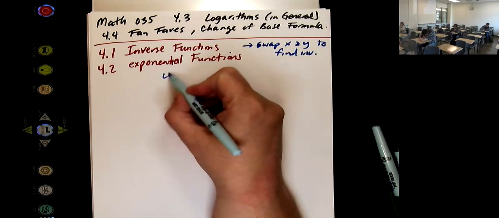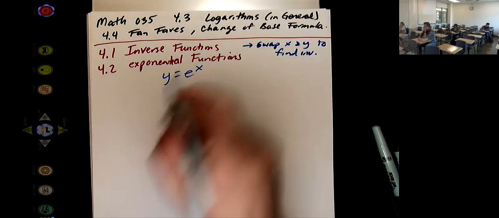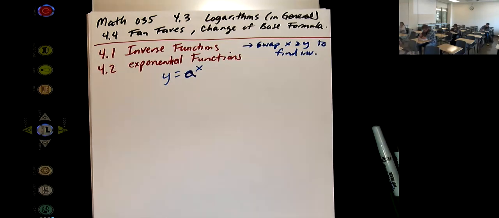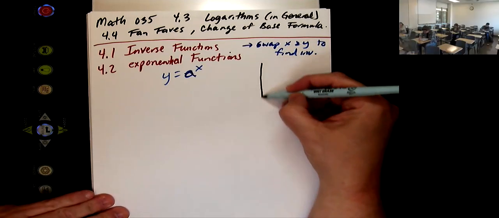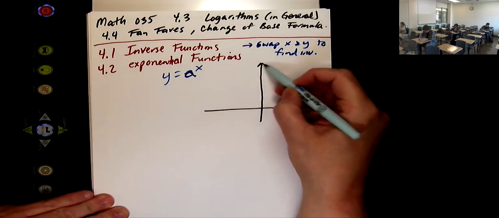And this was on y equals e to the x. Or a to the x. Say a to the x. E to the x is a specific one. That's one of the fan faves we're going to hit later on. Let's combine these two. I decided to teach this a new way just today. We already saw that